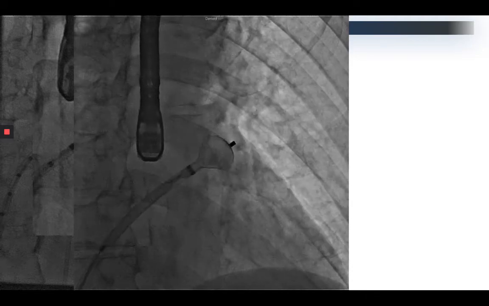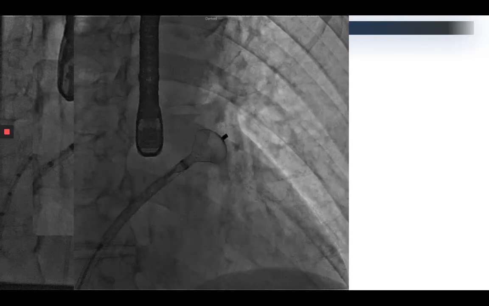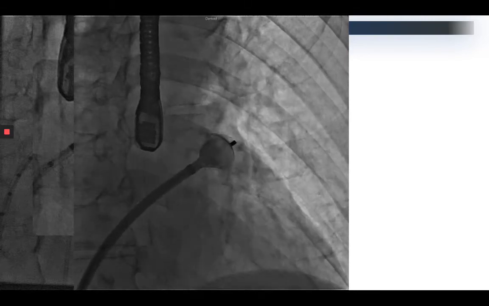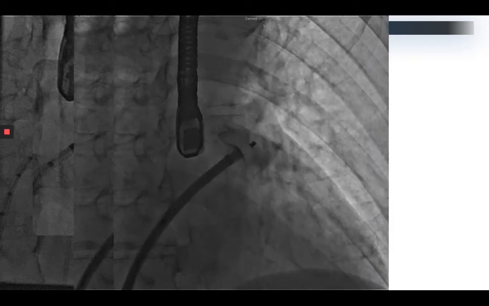particularly difficult, with the exception that we actually had to access this patient through the left femoral vein because the right femoral vein was occluded. So once we achieved the 5 signs of the device implant, we released the device, and